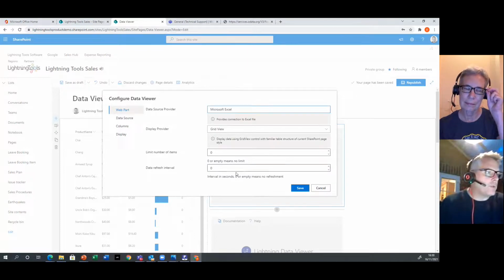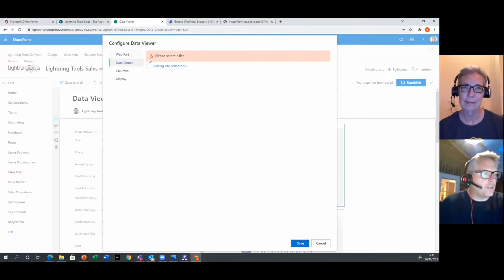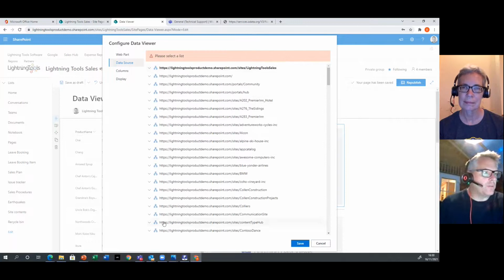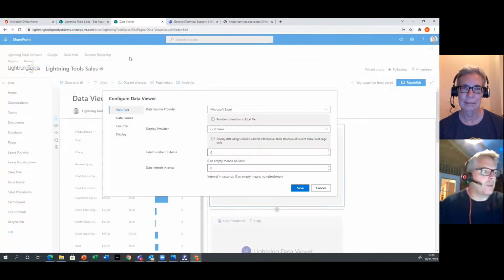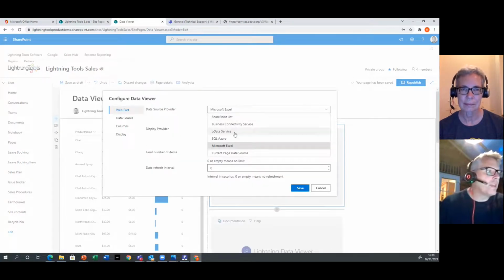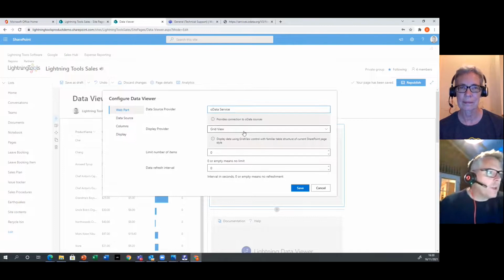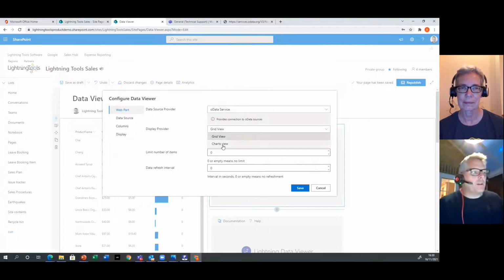We've also got Excel, and then you get to drill into your different sites in order to find a document library that contains an Excel workbook. And you've also got SharePoint lists as well and things like that you can connect to. And additionally, there's also the current page data source, which means another web part in the page. So I'm going to go ahead and connect to an OData service, and you'll notice that we can either